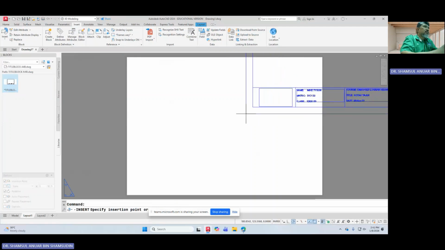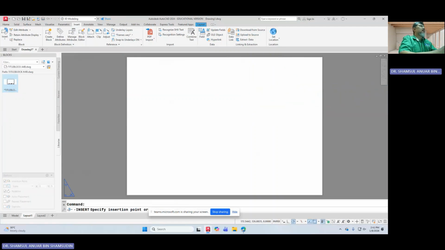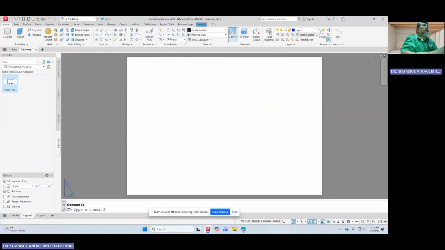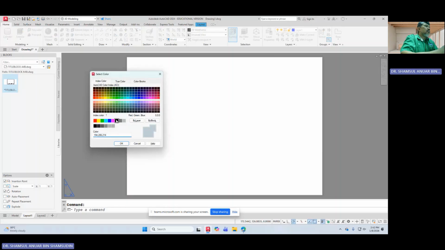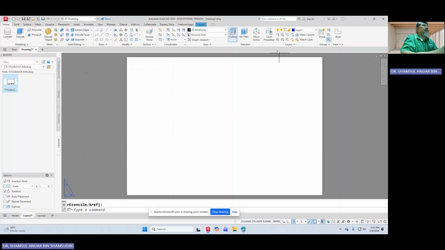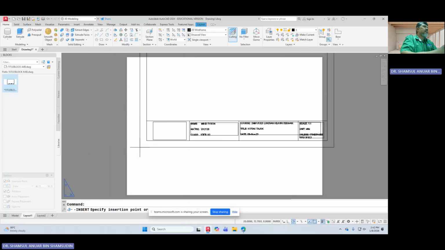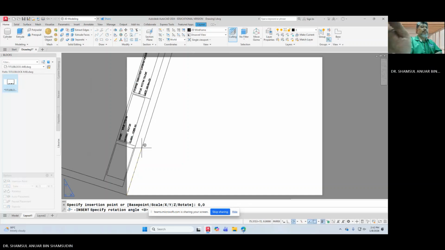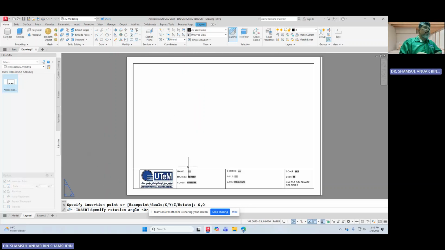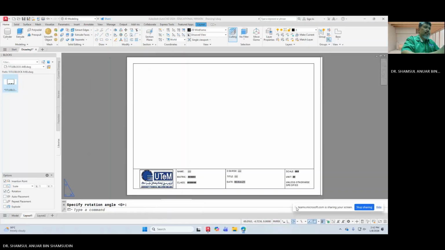title block, and maybe here make that 0 layer as black, and then make that the active layer for now, and then hit this one, type 0,0, then that one is 0,